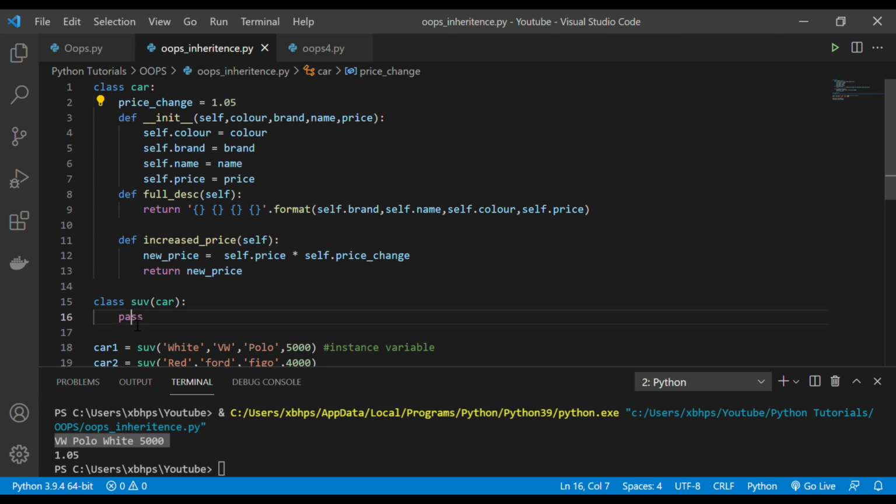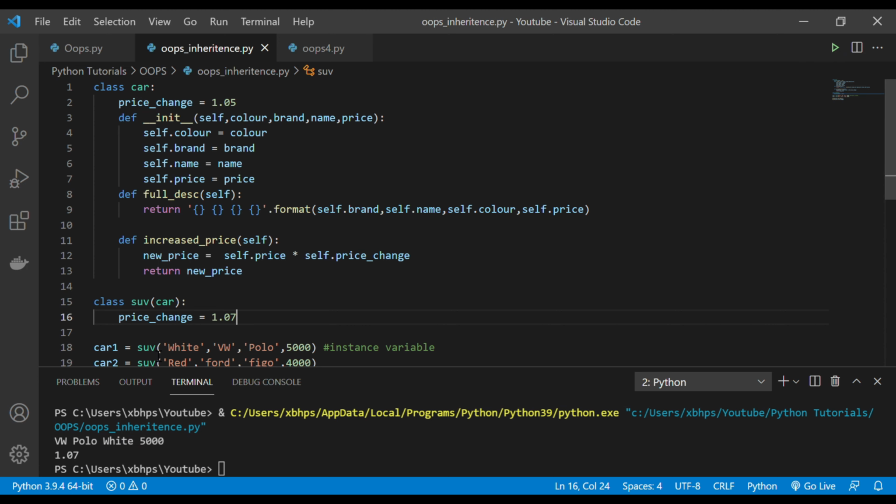What I'm going to do is use this class variable, and this time I'm going to change it to, let's say, 7%. So what I did, guys, is I'm extending the car class, but I have only one thing inside it, which is my class variable, and which I'm changing from 5% to 7% in case of SUV. Now let's run this and see what happens.